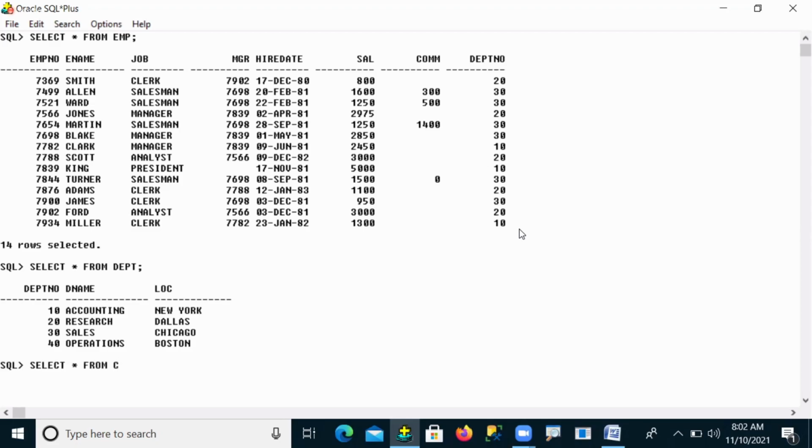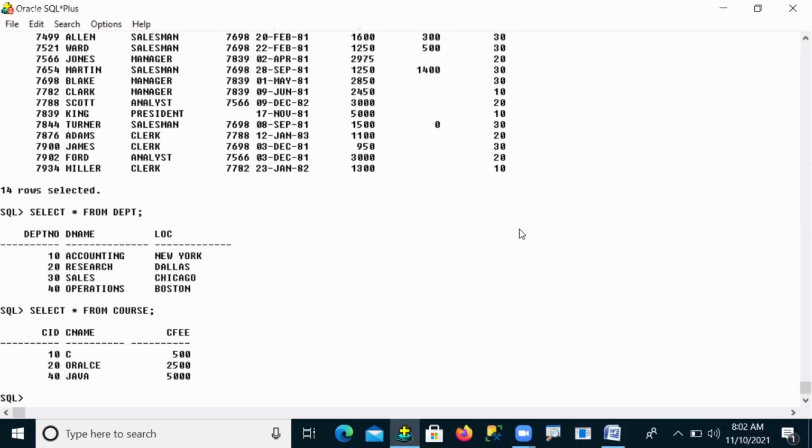Whatever we created, either our sample tables or any other, these are all called normalized tables. So your EMP table, DEPT table, course table, whatever we created, all satisfy the first normal form technique. So these tables are called normalized tables.